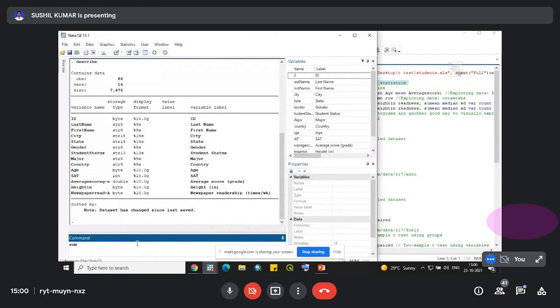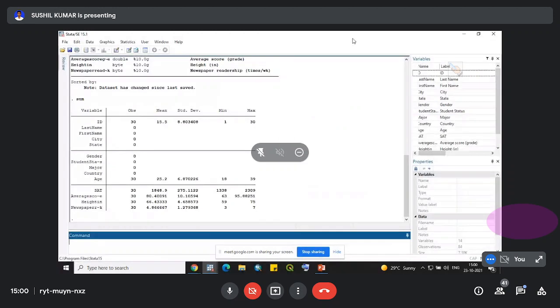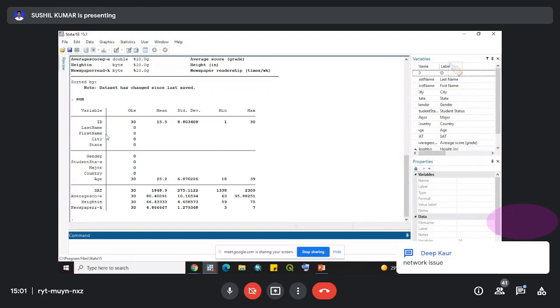Or simply in short, you can write a command that will give the summary statistics of all the variables listed over here. As soon as I type the sum command, it has given me a list with variable names on one side and, on the other side, the number of observations, mean, standard deviation, minimum and maximum. But you can also see there are some rows that are empty. So the question is why these rows are empty. The observations are 0 and empty.